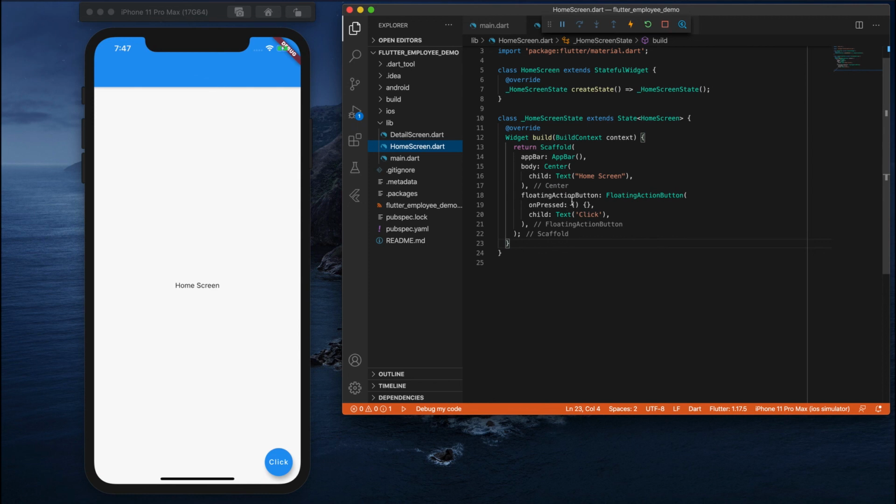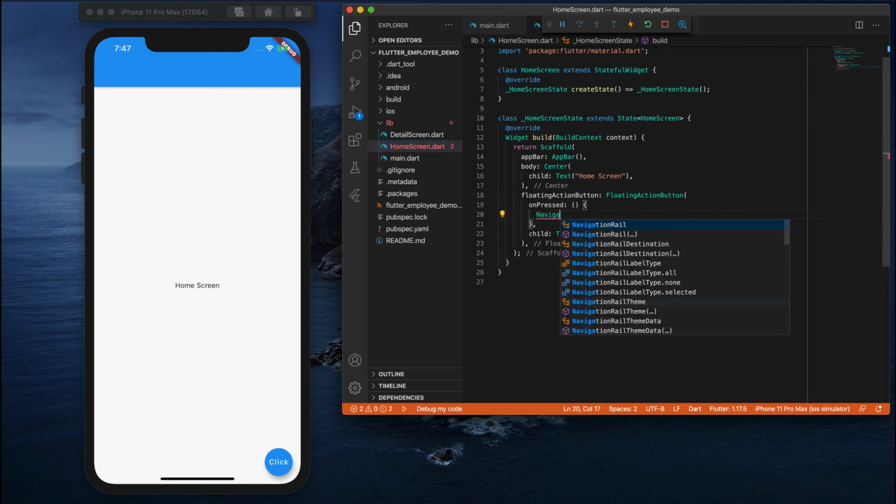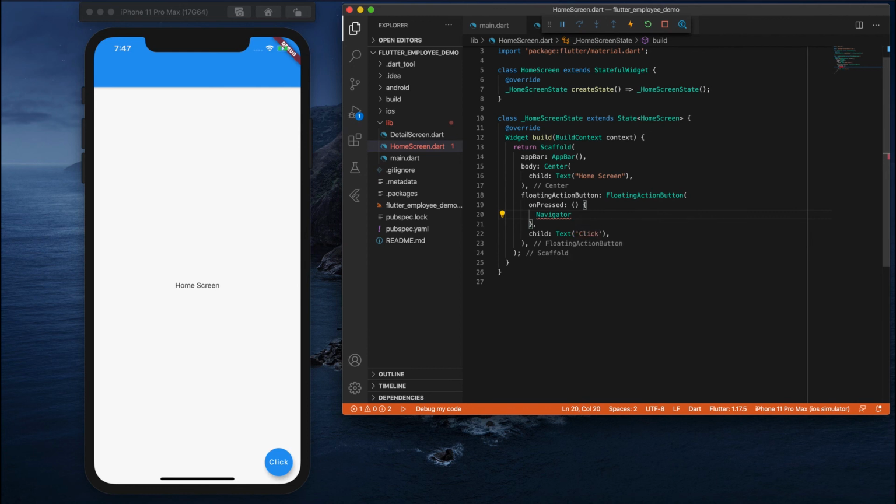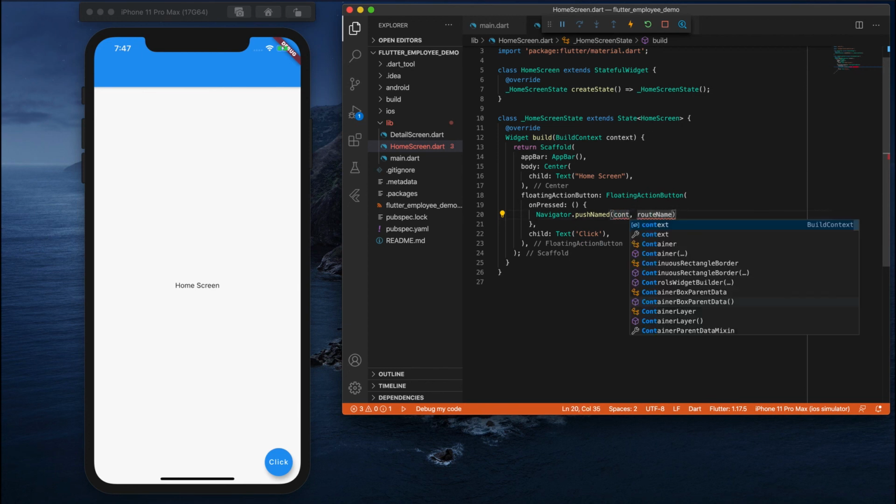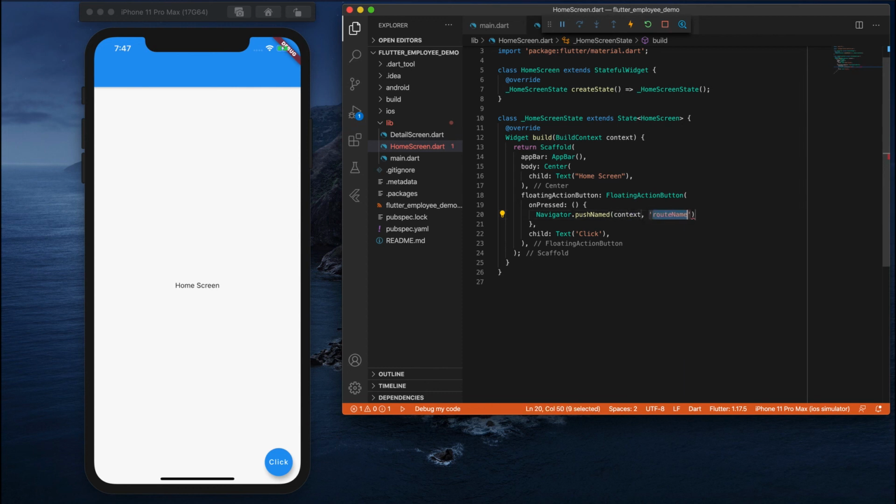Inside the home screen, come to the onPressed method, and here you have something called Navigator.pushNamed. It takes two arguments. One is the context, which, as we said, is an object that keeps track of which widget we are in. The other one is the name of the route.